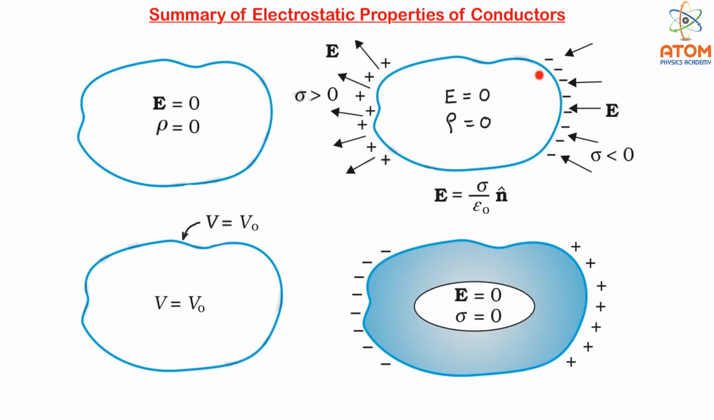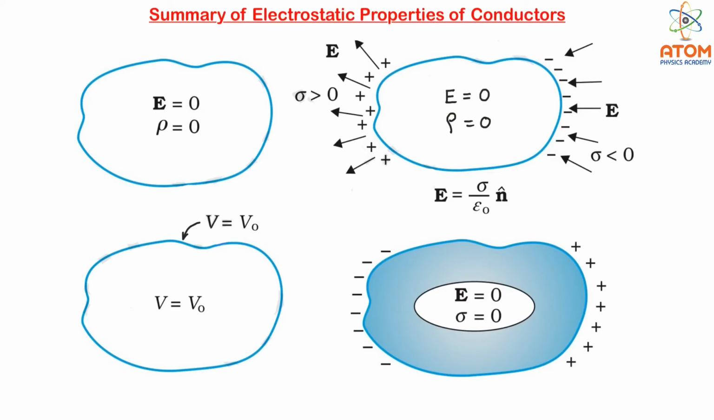In this second figure, you can see there is a positive charge on the surface, and here there is a negative charge on the surface. Due to the positive charge, the electric field lines are coming out normally to the surface, and due to the negative charge, the electric field lines are going normally towards the surface. Still, there is no electric field inside the conductor and there is no charge inside the conductor because the volume